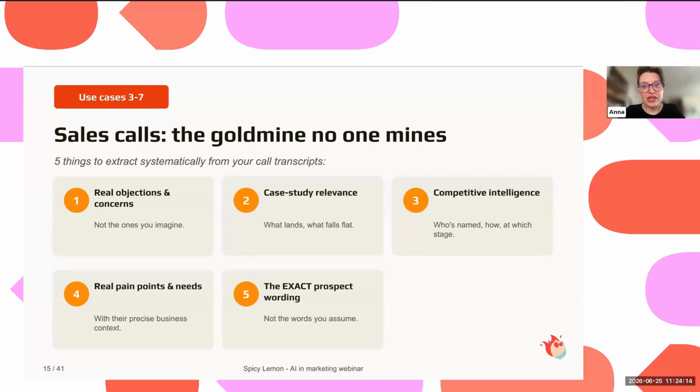So what we want to do here is to analyze every single call we may have within the sales team and understand with AI which prospects or clients are the most interesting for us to turn into a use case, and to ask it as well to give us as much context as possible to be actually able to reach out to them and to write the absolute best possible use case as well.